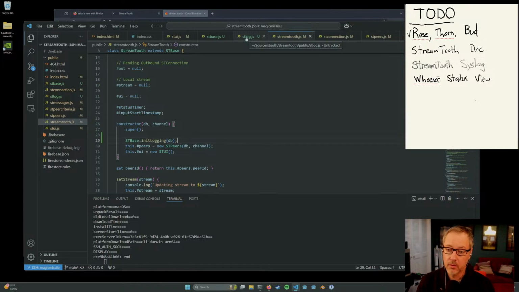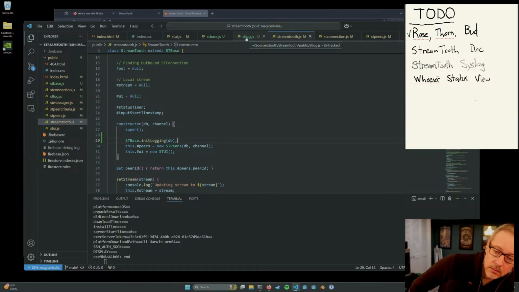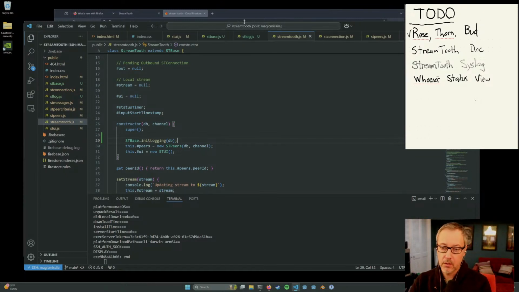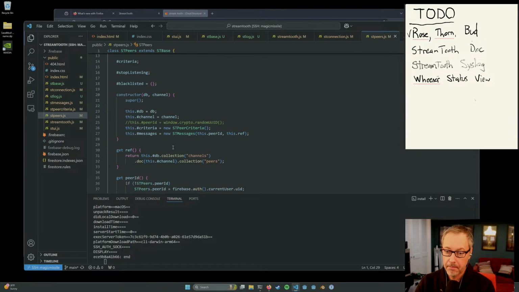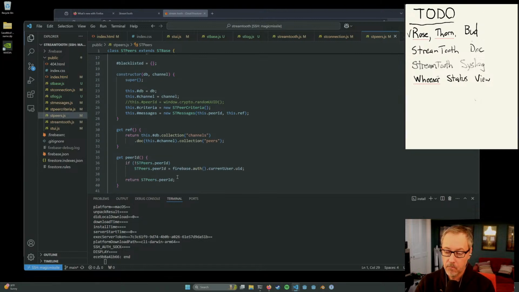I am also going to want the peer ID, aren't I? Because I need to know whose logs are whose, right? So in ST peers, we create that ID.